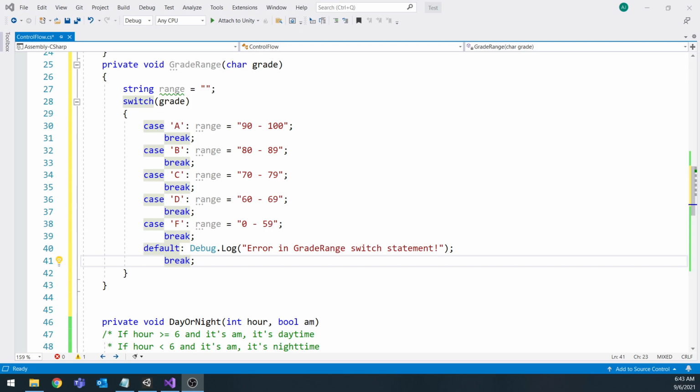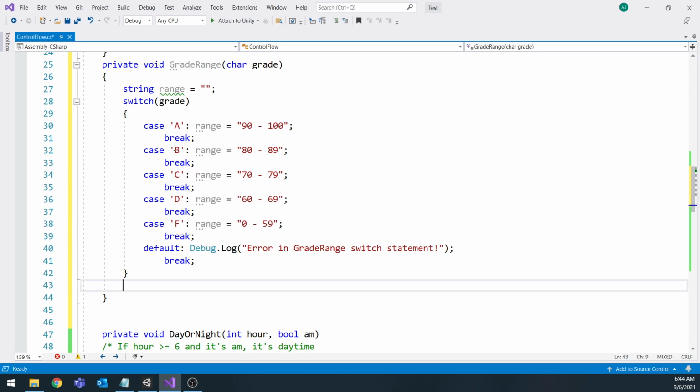So let's finish up this problem and print out the information to the console based on what we set range to inside of our case. We need to make sure we're doing this outside the switch. So we have our default, we have our break, so we need to go below this one, but before the end. We don't want to accidentally go outside of our method. We need to be up here. So we're going to do a Debug.Log,